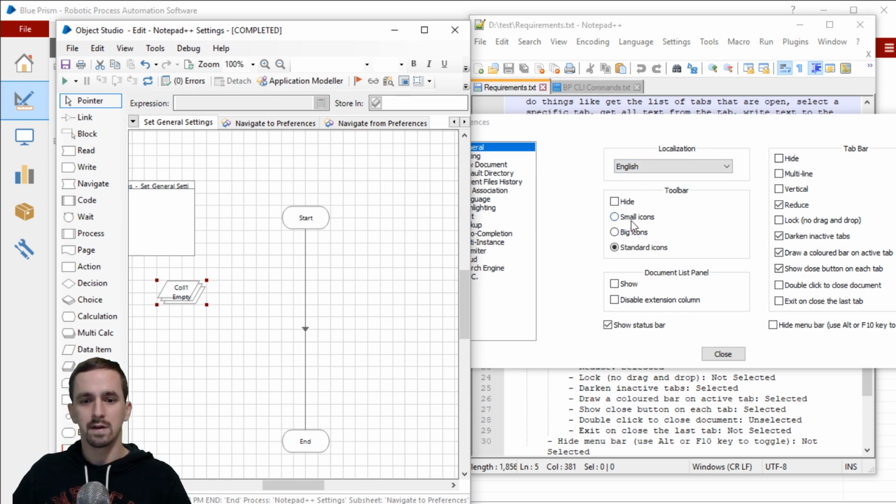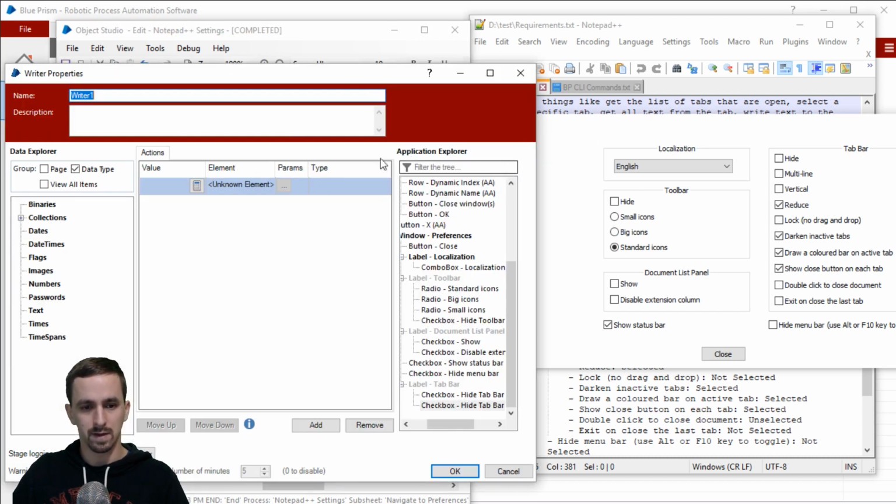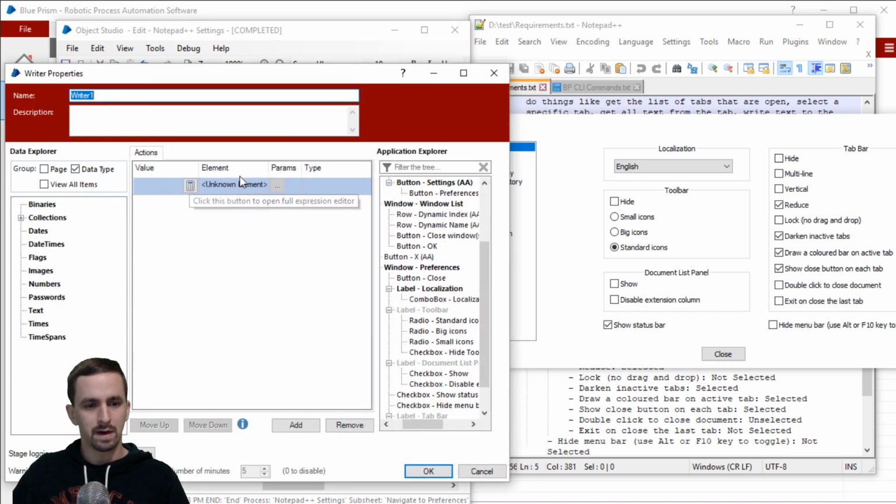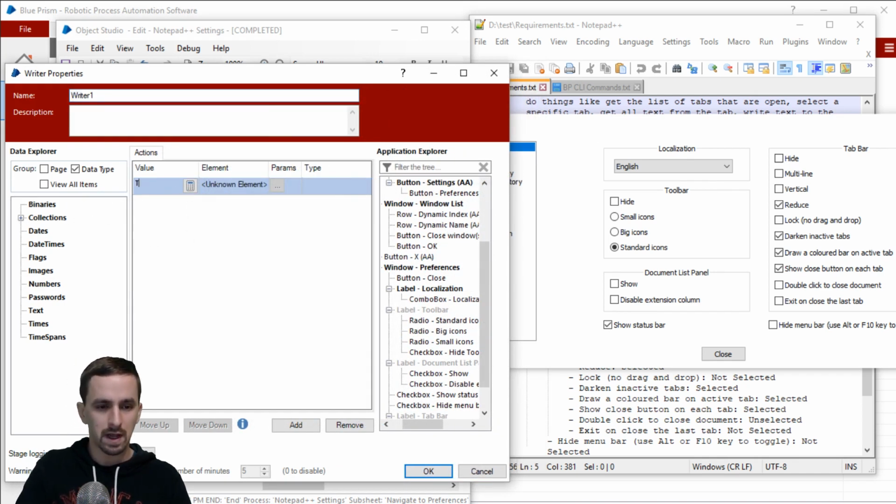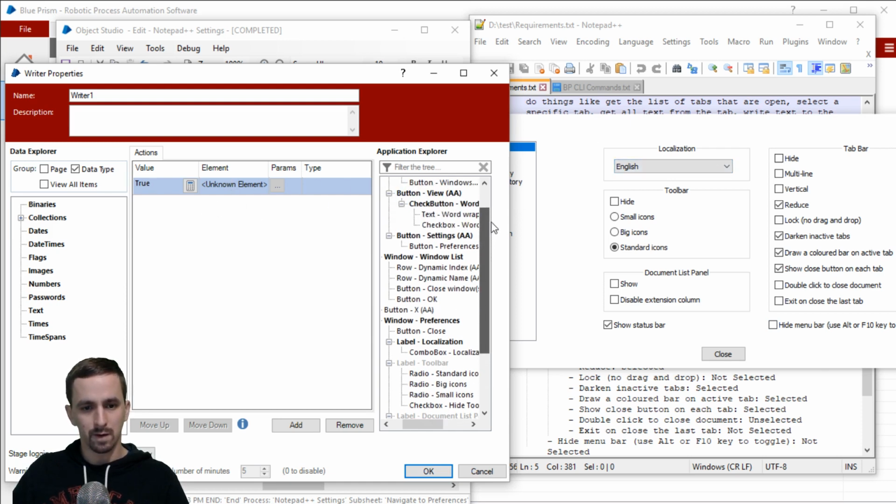whereas, I didn't even test that before. We could test it now. Let's find out how this application reacts to using a write stage for some of these elements. All right, so we need to write some values. So let's just try true for all of these. This should work for all of them except for English up there. And let's just test it for